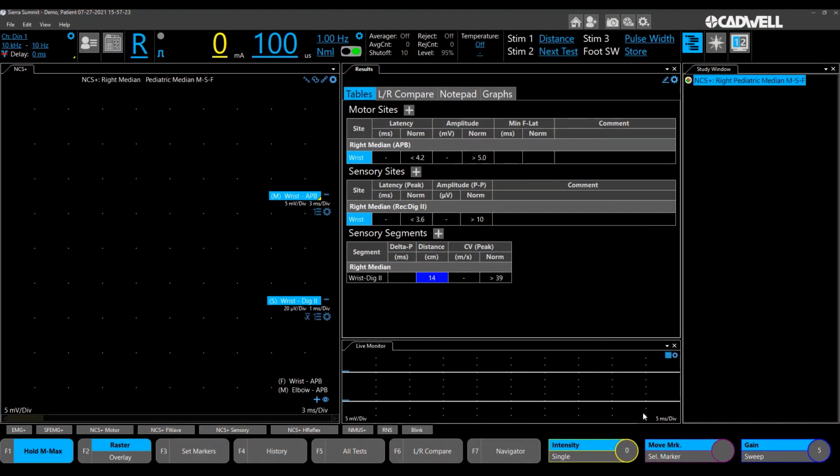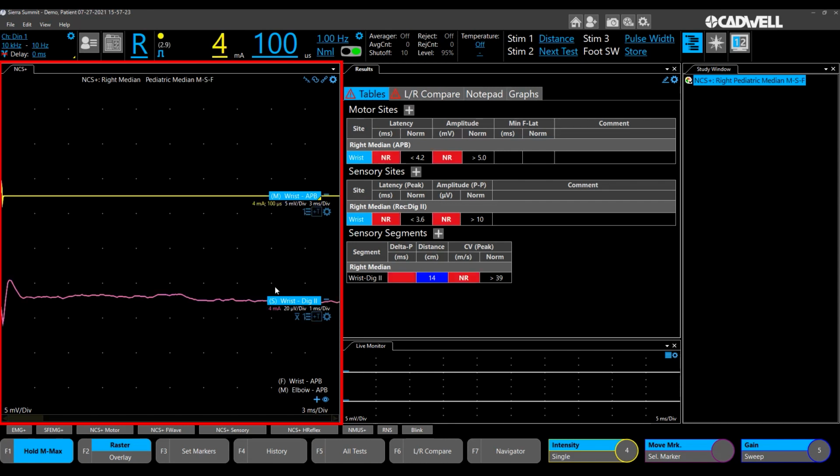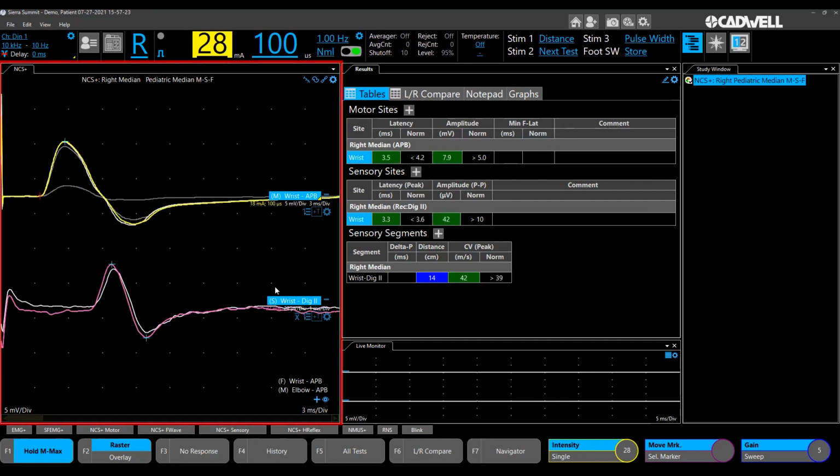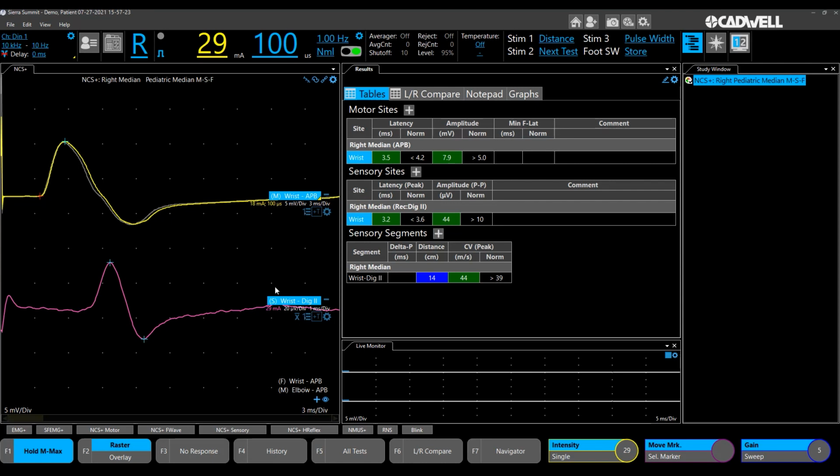So we can see here when I stimulate, I have 2 channels activated, so I'm going to get a response for both the median wrist, or the motor wrist, and the sensory wrist. And we're going to start low and just slowly increase our stimulation until we get a response. Once we have a supramaximal response,